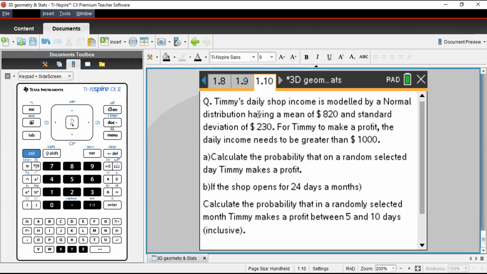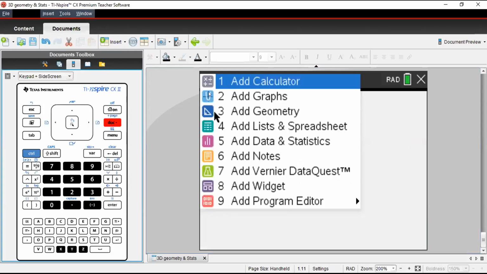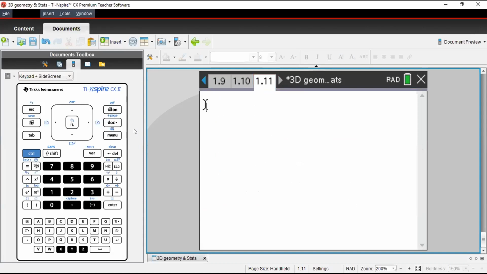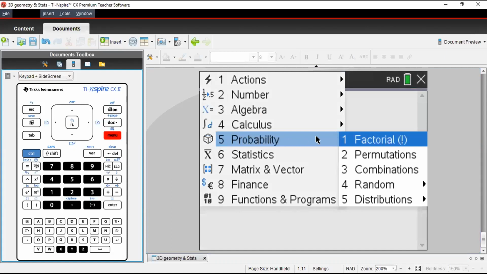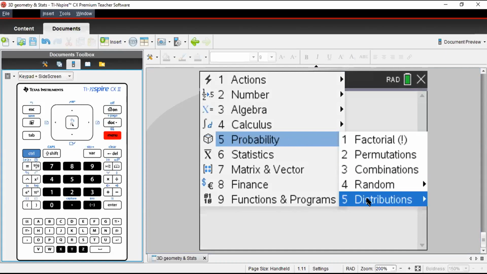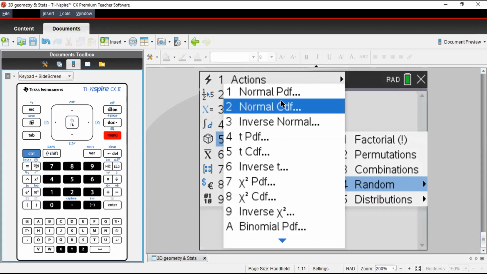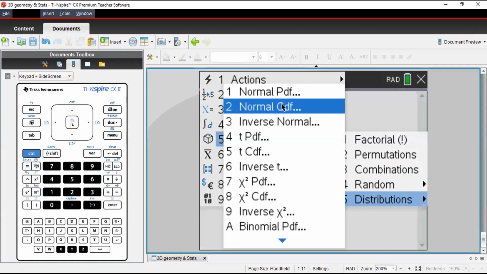Since we know it is a normal distribution question, let me create a page, Ctrl+Doc, and add a calculator page. So for normal distribution, let's go to menu, number 5, probability, and distribution. So number 5 again, distribution, and normal CDF.